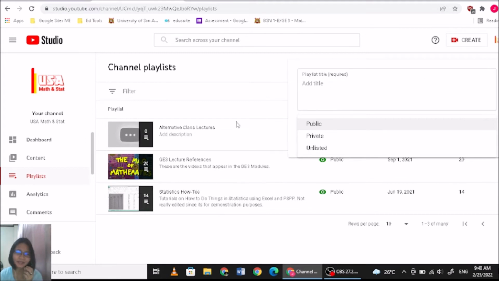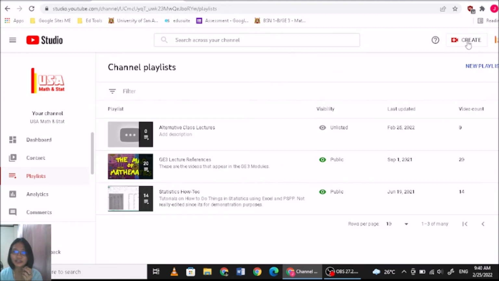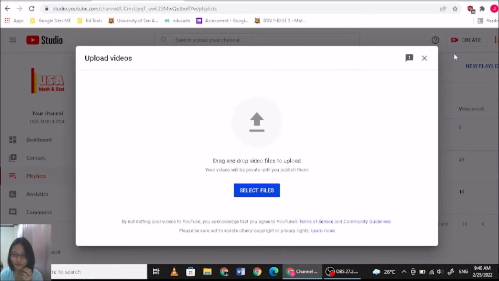Okay, and after that, you can just create a video, then you can upload your video. For example, the one that I'm recording right now, I will be editing using Windows Movie Maker, and then I'll ask somebody to remove the noise. Then upload this one to YouTube. So you can just select your file,